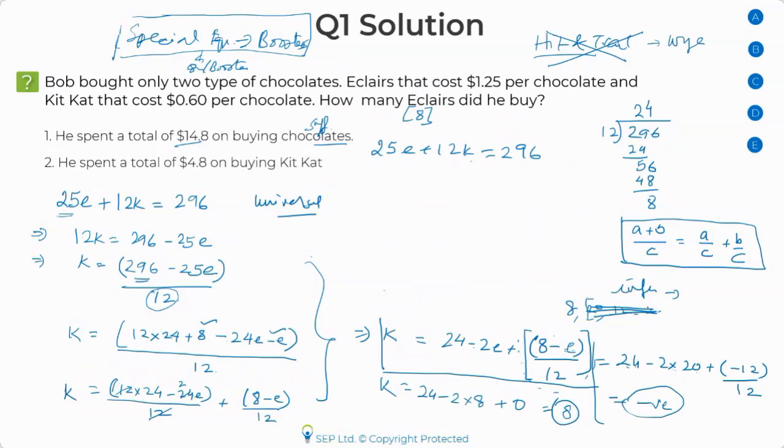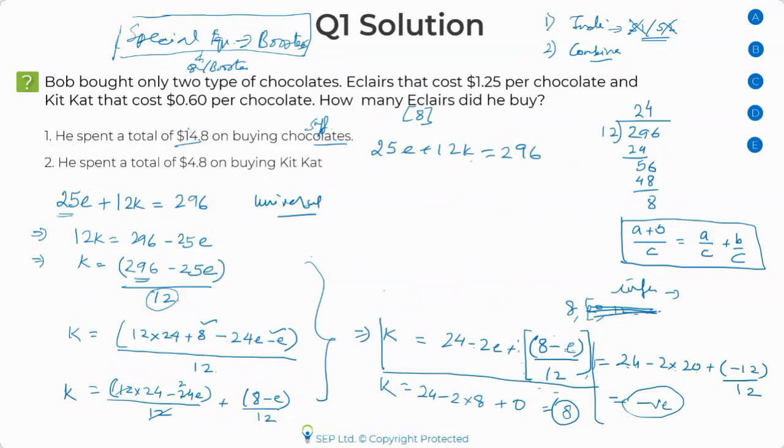Now, Firas, coming to your question, you're saying the answer can come to C. That's absolutely correct. If you combine, you can get the answer. But in data sufficiency questions, a basic rule is that you should first try to see if you can get the answer individually. If you can get the answer individually from the statement, then you should answer individually. Only and only if you're not able to, keep this in mind, only then should you combine. Otherwise, you should not. Like in this case, I can get my answer from statement 1. If I can get it, why would I combine it?